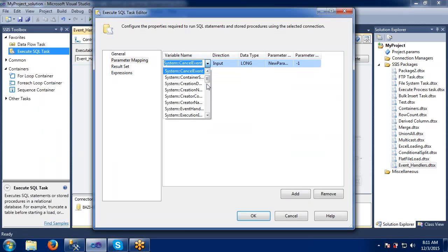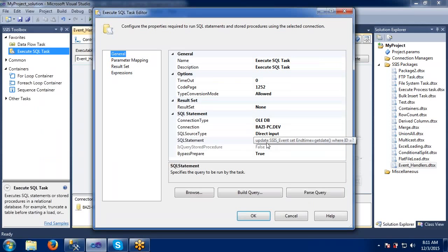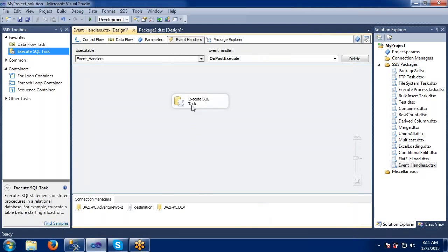Simply pass it through System user defined package ID, and since we have only one question mark, just give that only. Updating this package, set end time equal to get date where package ID equals the dynamically passed value. Okay, done this one.